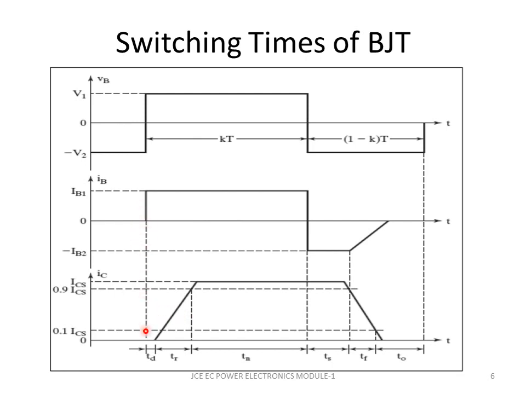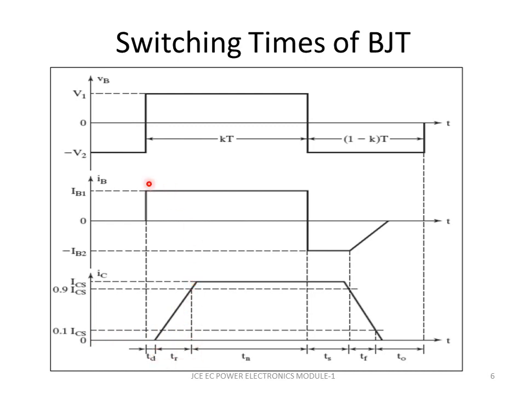So there is a delay for the collector current to start responding even if the base current is available, and we represent that delay as Td. Td is the time delay required for the collector current to respond after the base current starts going positive. Then it will start to rise based on the time constant of the base emitter capacitor, because we are turning on the device. The time for it to reach on top, from 0.1 to 0.9 of its final value, we call that period Tr, or the rise time.